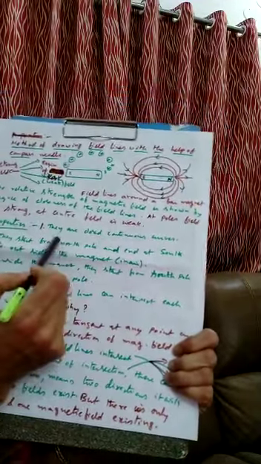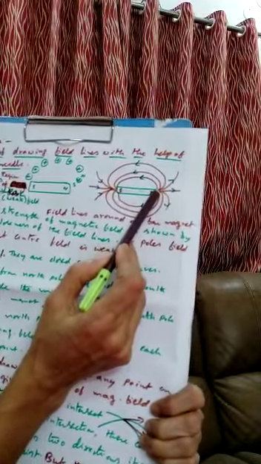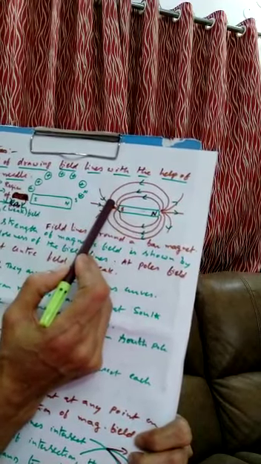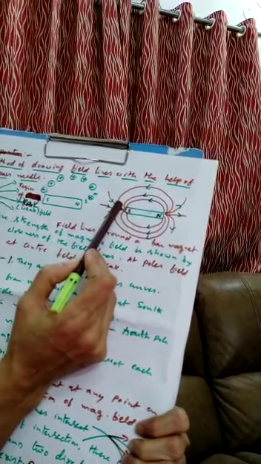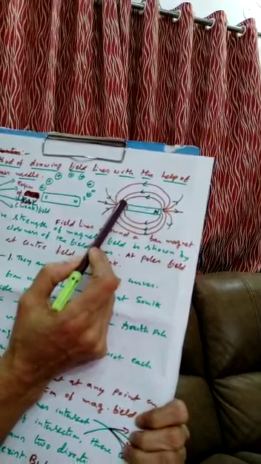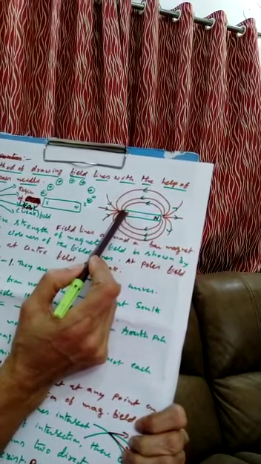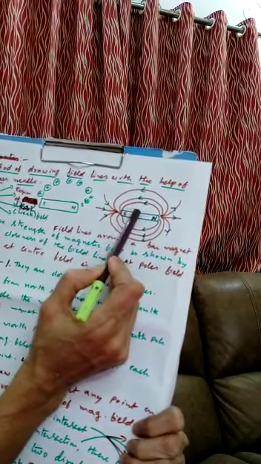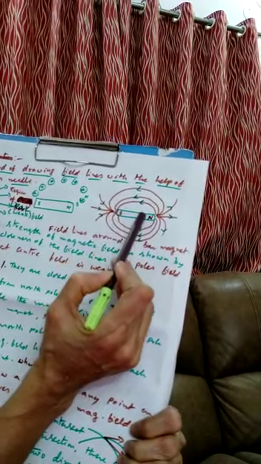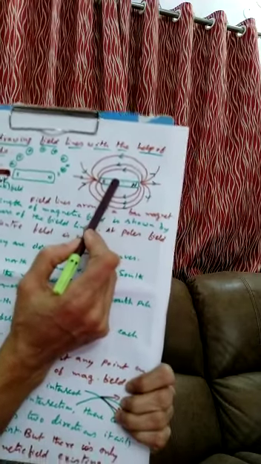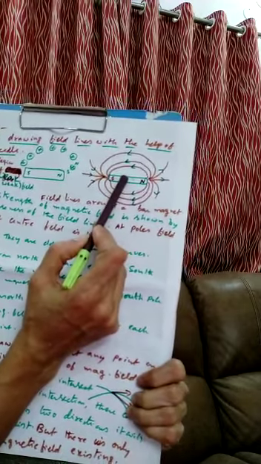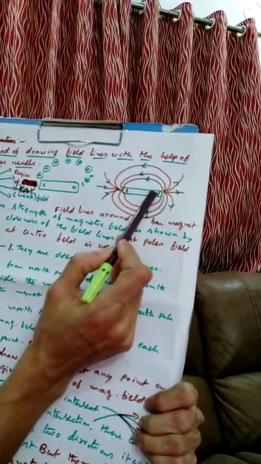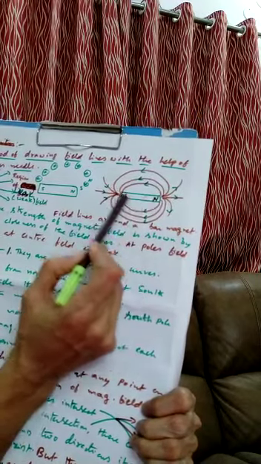How can you explain the second point? Outside the magnet, they start from North Pole and end at South Pole. Got it? And the third point is, inside the magnet they start from South Pole and end at North Pole. So if you observe carefully, what is this closed loop? The magnetic field lines. In the board exam you may get this MCQ, so please pay attention. The magnetic field lines are closed continuous curves.